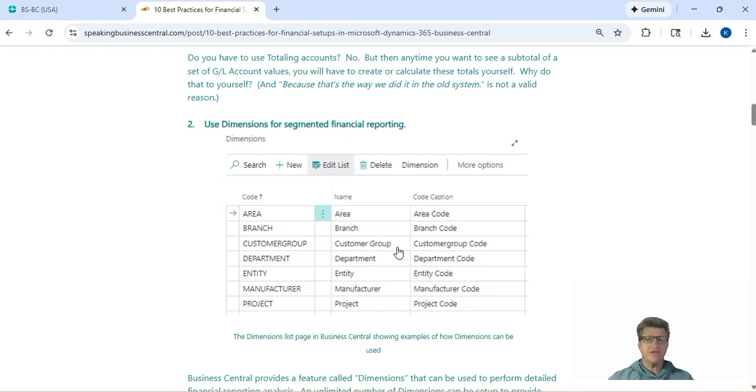This is a pretty simple concept. I'm not going to go into the whole setup of dimensions in here. You can see in a demo environment, common dimension codes are things like department, cost center, facility or site. It could be a branch or a region or area. It could be a customer class, a product class. These are ways that you want to be able to slice and dice your financial statements